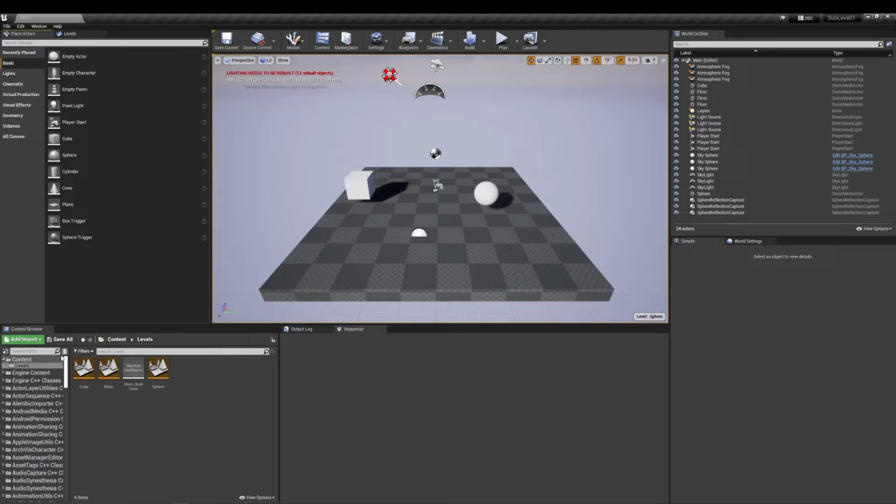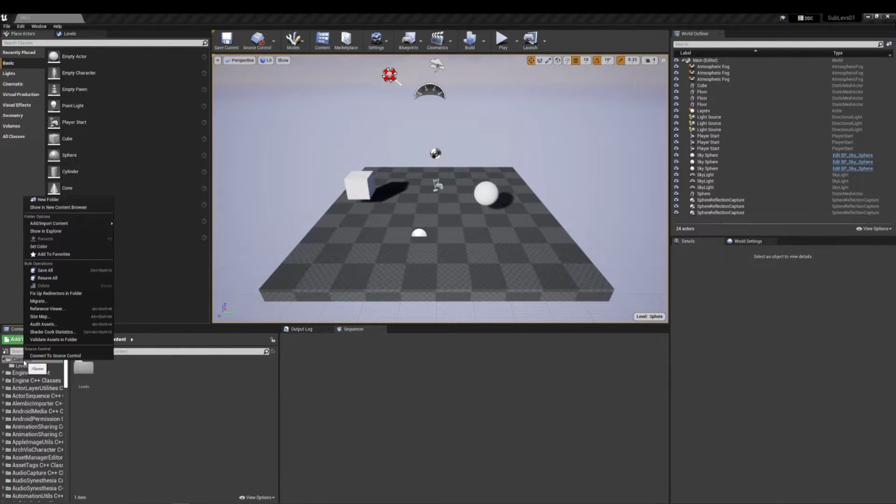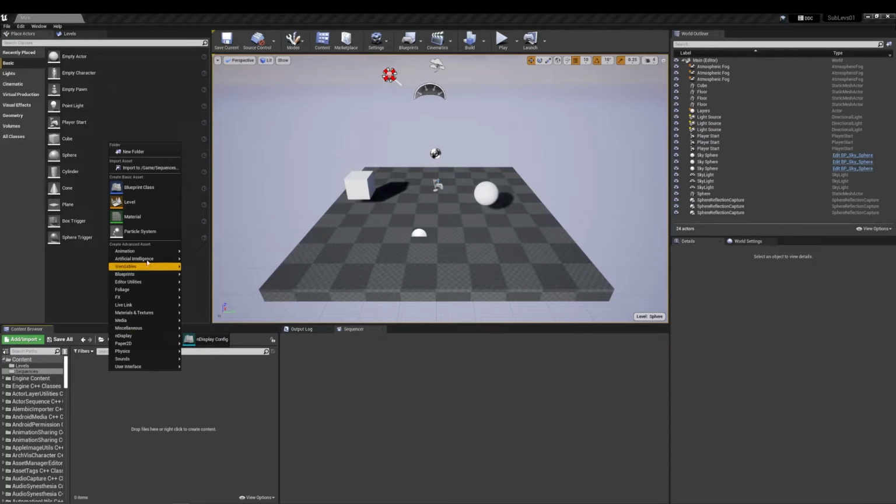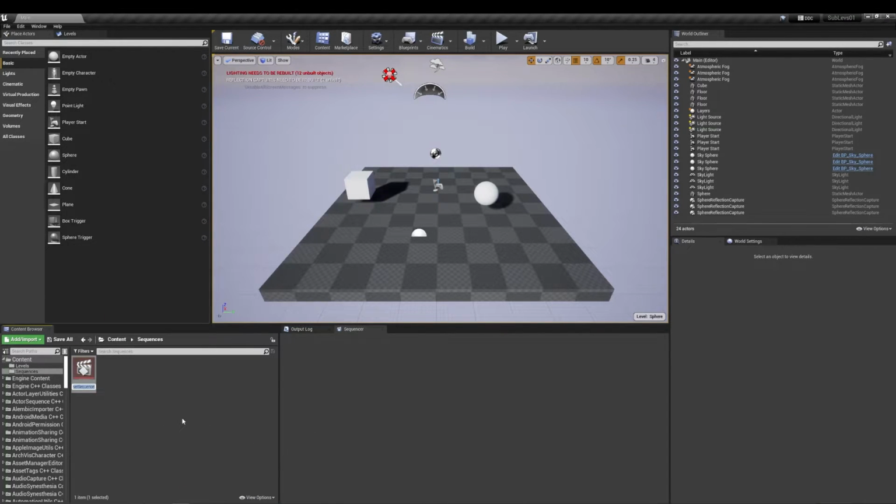Okay, so the next thing we need to do is set up our animations, our level sequences, which will then trigger the sub levels. So I'm going to create a new folder and name the sequences. Let's make sure sequences, and inside here let's go ahead and create a new level sequence, and in total I'm going to have 4 level sequences: one for the in animation of the sphere, one for the in animation of the cube, one for the out animation for the sphere, and one for the out animation of the cube. So let's go ahead and name this sphere in,